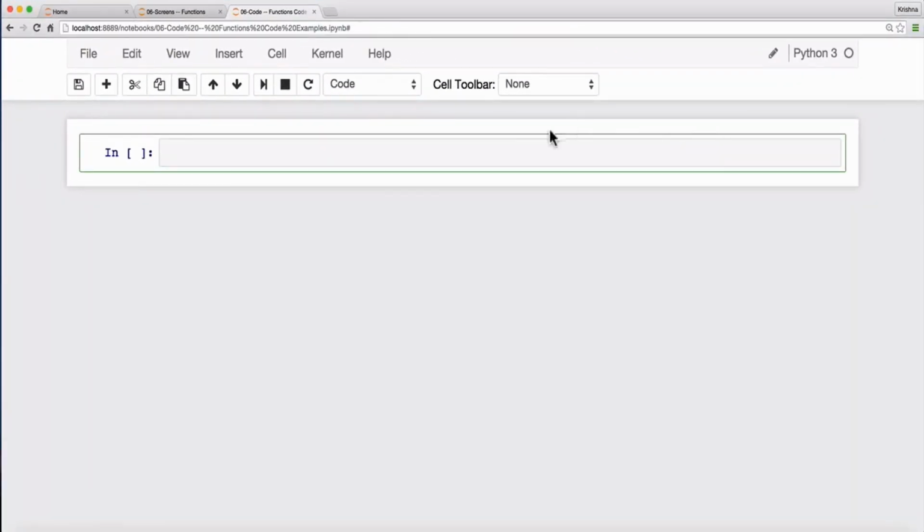Okay, let us write our first function. The function starts with a keyword def, for saying that we're defining a function, and let us give a name. The def keyword is followed by a name. Let us give the name greet, and